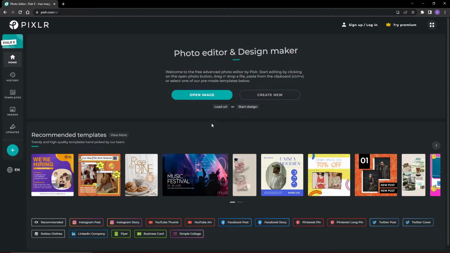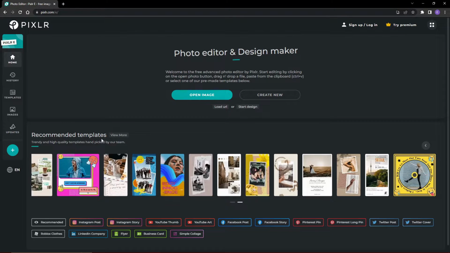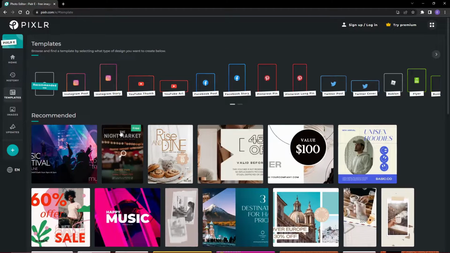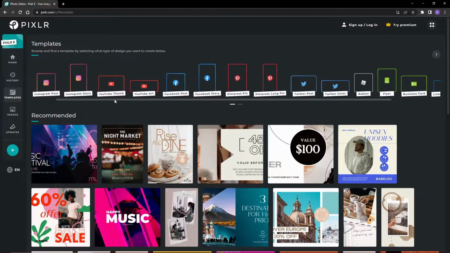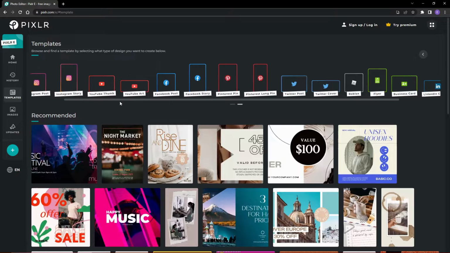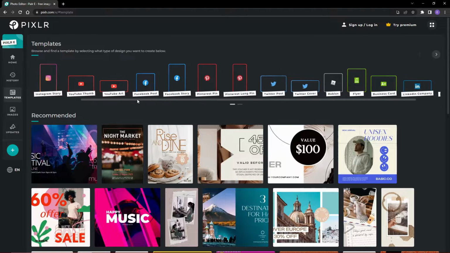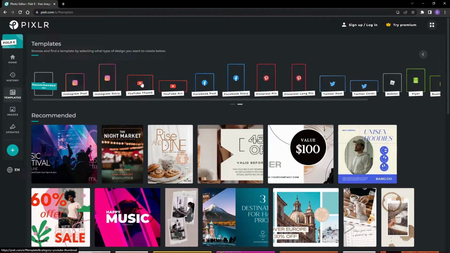So we're gonna head over here, and once you head over here, you're gonna have the option to either open image or create image, or if you go over here to recommended templates, you can actually pick a template that would fit you. So we want to do this fast and easy, so we're gonna head over to the templates, and you can already see that we have a bunch of different recommended options when it comes to the pixel dimensions. So we're gonna head over to the YouTube thumbnail,